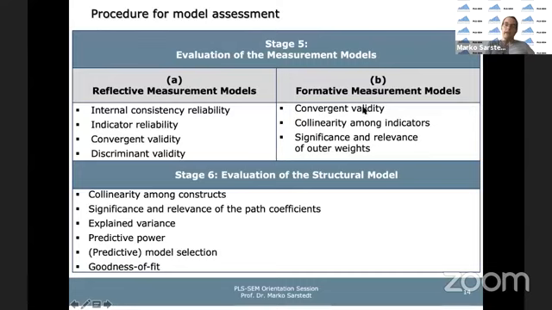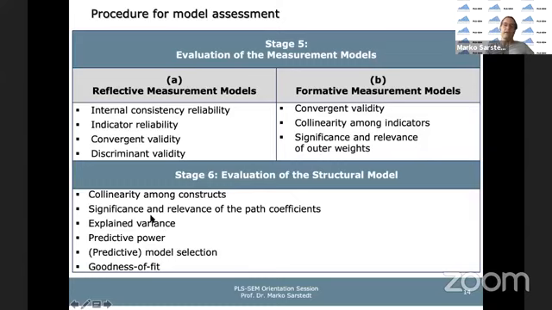Things look a bit different here in formative measurement models. You have to look into something called convergent validity, which is different from the reflective model part. You also have collinearity, and you look at the so-called outer weights. They quantify the relationship between the indicators and the constructs. Once you have confirmed the quality of these measures, you would move to stage 6, the evaluation of the structural